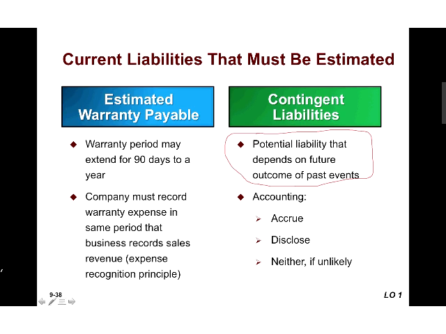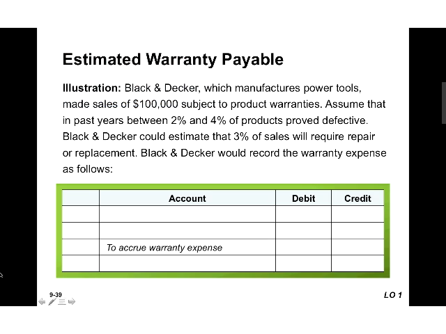Okay, so our accounting treatment for contingent liabilities has 3 choices: accrue, disclose, neither. We'll get to that. But for right now, we're going to zero in on the warranty estimate. So let's go through Black & Decker. They manufacture a lot of small tools. They have a guarantee that warrants their small tools for a year or however long their